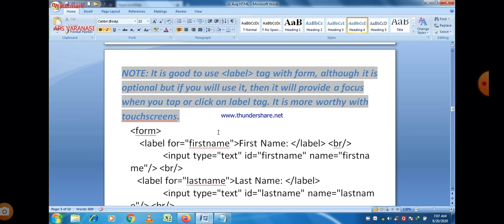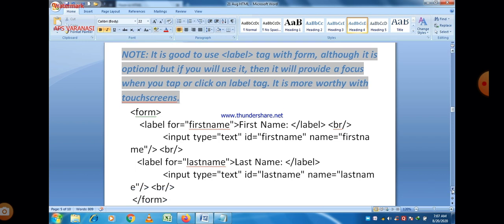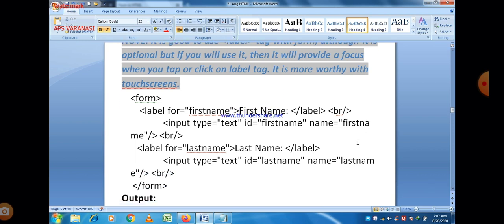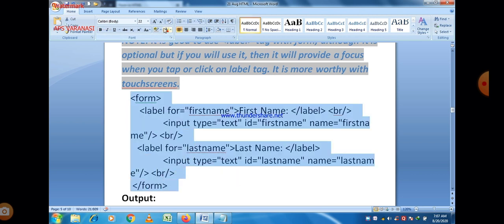And this is one more program which shows the functionality of label tag. Label tag should be defined within the form tag, because these are all part of the form. So first of all, form tag is there.